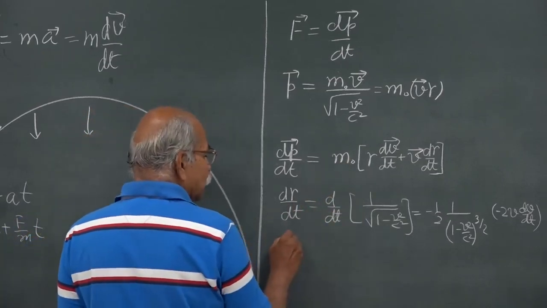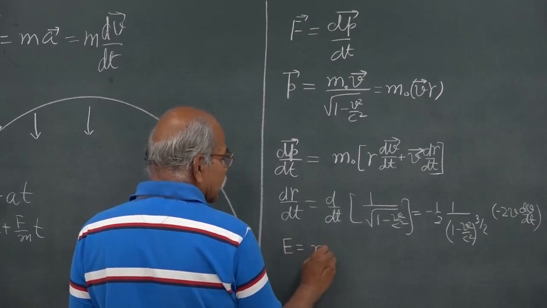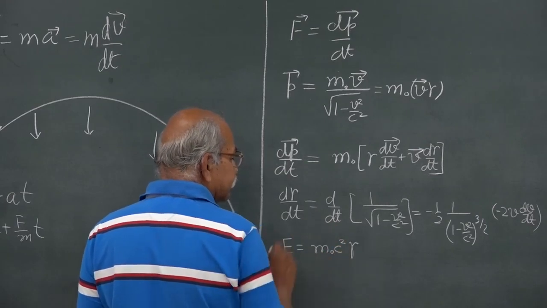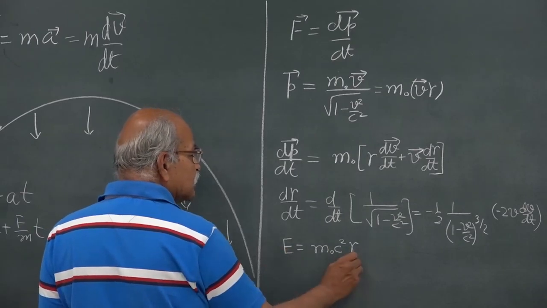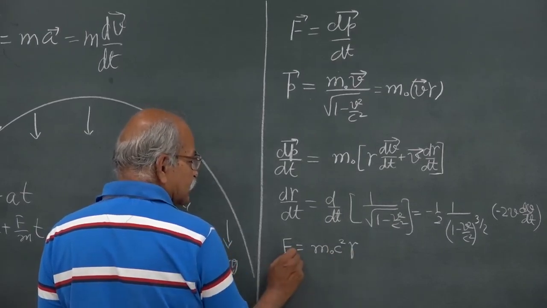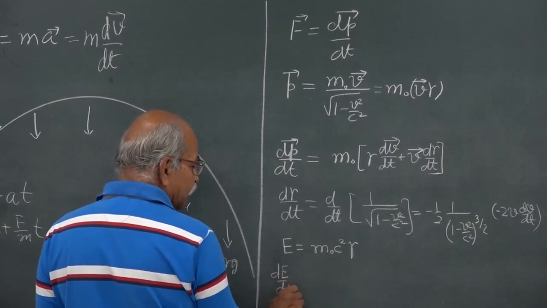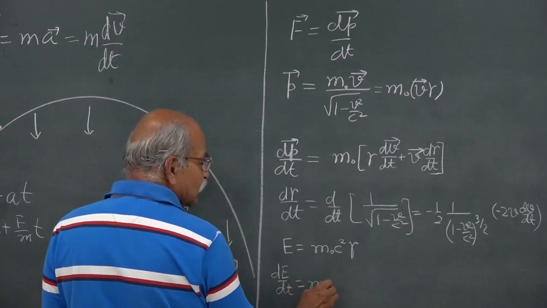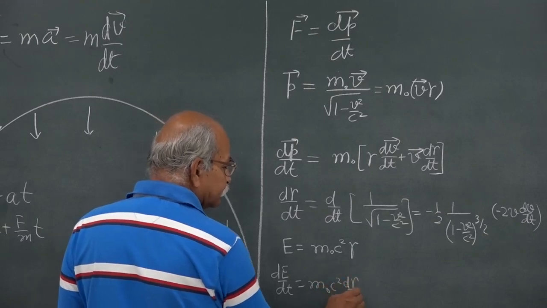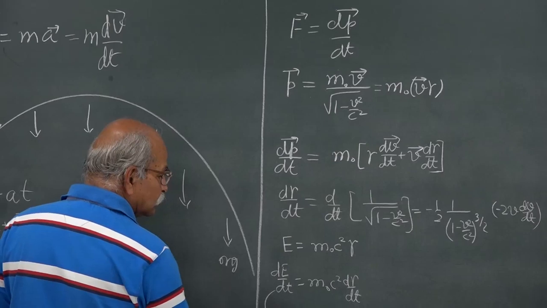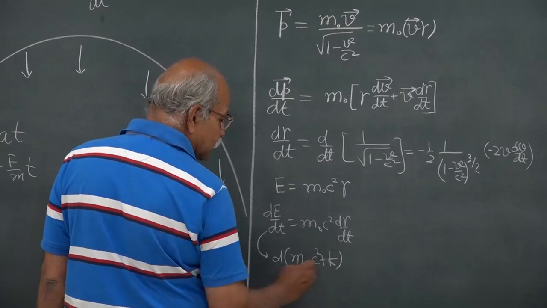That is, if you look at the total energy, what is it? Total energy is m naught c squared gamma, and therefore for d gamma/dt, if you can get this dE/dt, you will be done. So, let us try this dE/dt. This dE/dt will be m naught c squared d gamma/dt. And what is E? E is m naught c squared plus kinetic energy. So, it is d/dt of this.